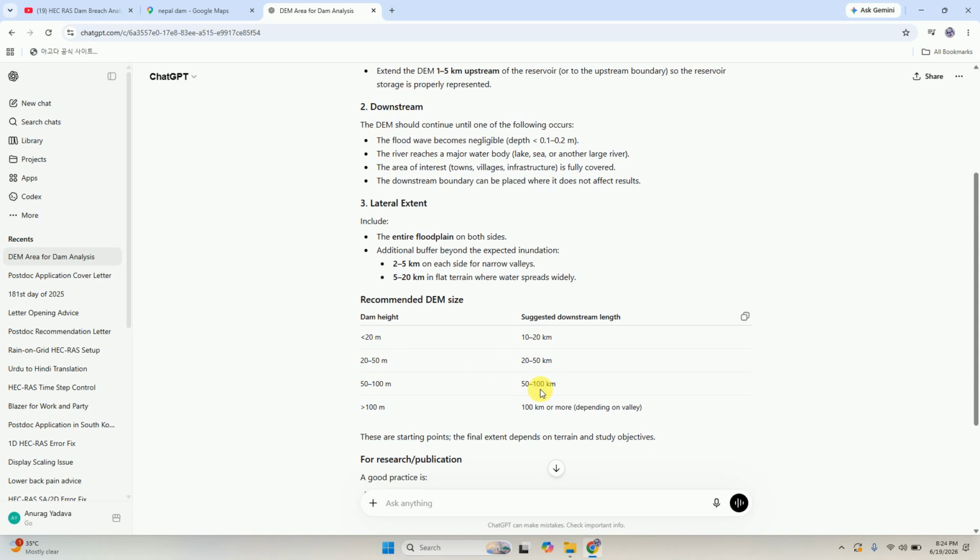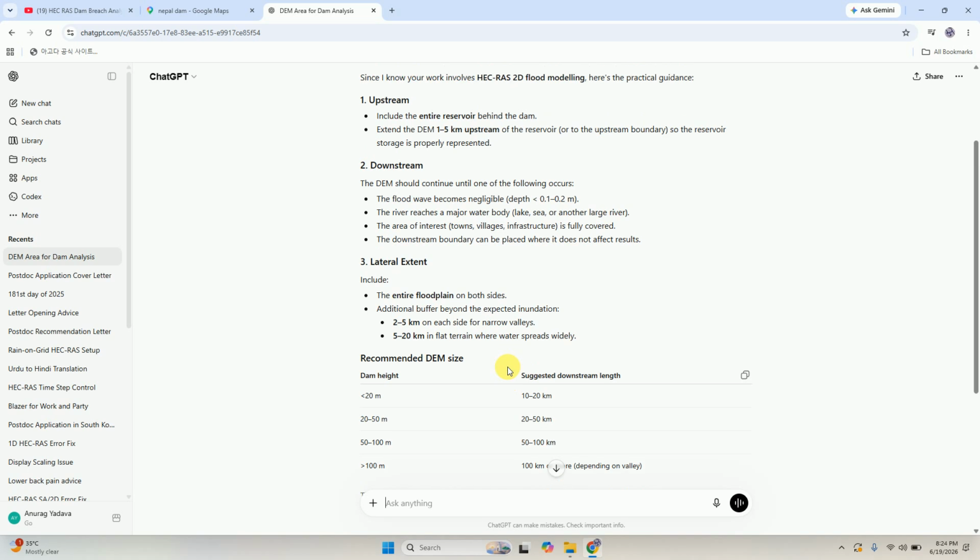For the dam break analysis, you need the details of the dam, everything about the dam. Then you will be able to do the dam break analysis. And suppose here I'm going to take 10 kilometers, or 15 or 20 kilometers. On that basis you have to